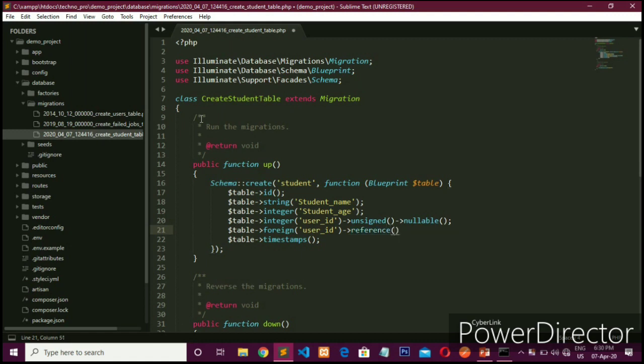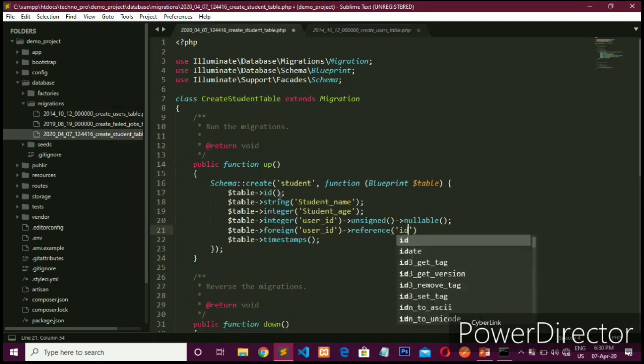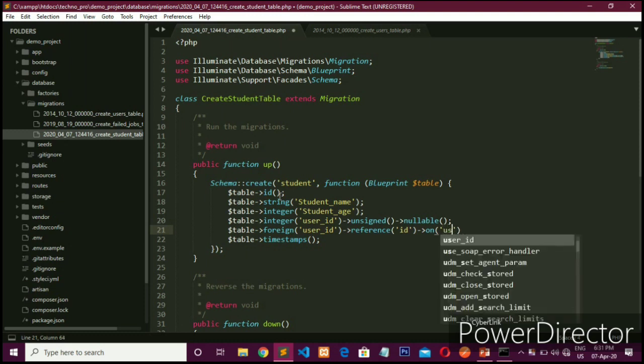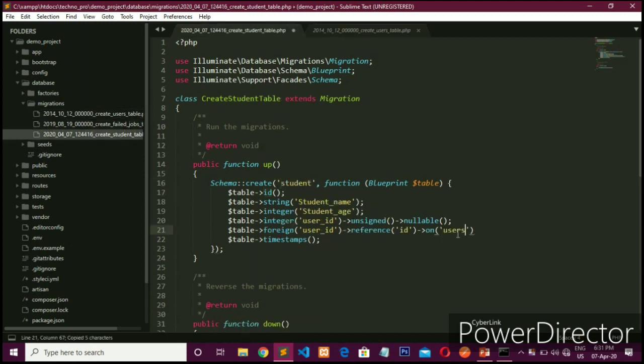Here you pass the parameter of your other table's primary key, meaning id. And the last is one more method, on, which contains the foreign table name, meaning users. Here you can see your foreign table name is users.